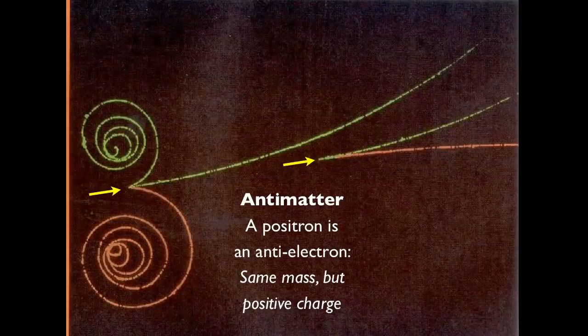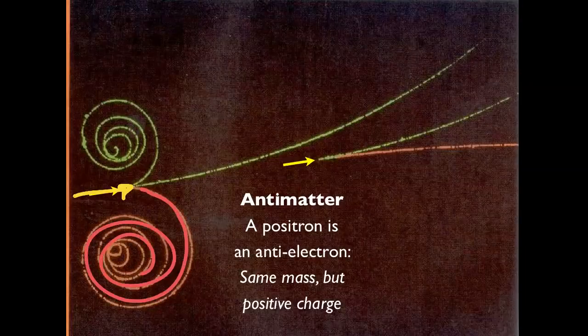Now, it turns out you can turn mass into energy, but you can also turn energy into mass. In this picture, I've got a photon that comes in. The photon comes in, and then it stops, it hits something, and the energy of the photon is lost, but you can't lose energy. And what it produces is a positron and an electron. And the positron and electron both go in these circular paths. And the reason is because there's a magnetic field that's making them go in orbits, basically. And as they lose energy, the size of the orbit gets smaller and smaller. And so you've made an electron and a positron out of nothing.